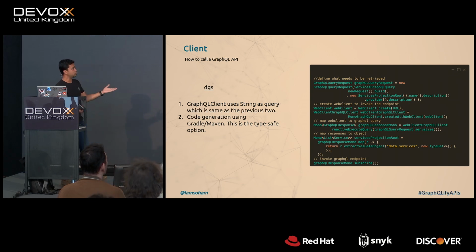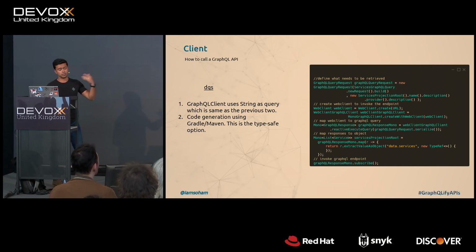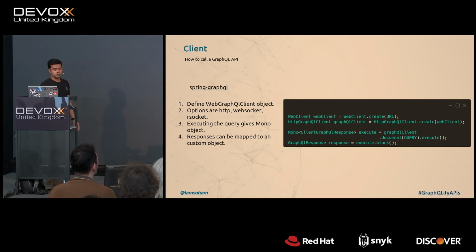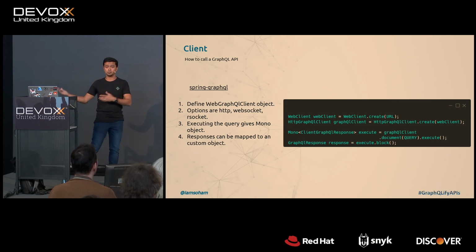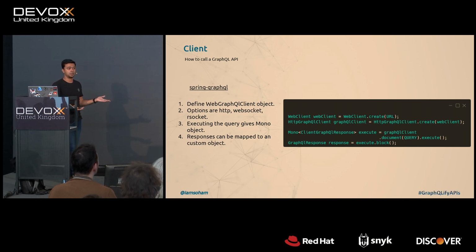So yeah, it gives you the Maven or Gradle plugin, and the only thing you need to do is define how to retrieve it. Spring Boot GraphQL doesn't have that option, but it's a Maven plugin, so it doesn't really matter. You can use it for this framework as well. It only generates your client. You can use the types, basically, and call the object.